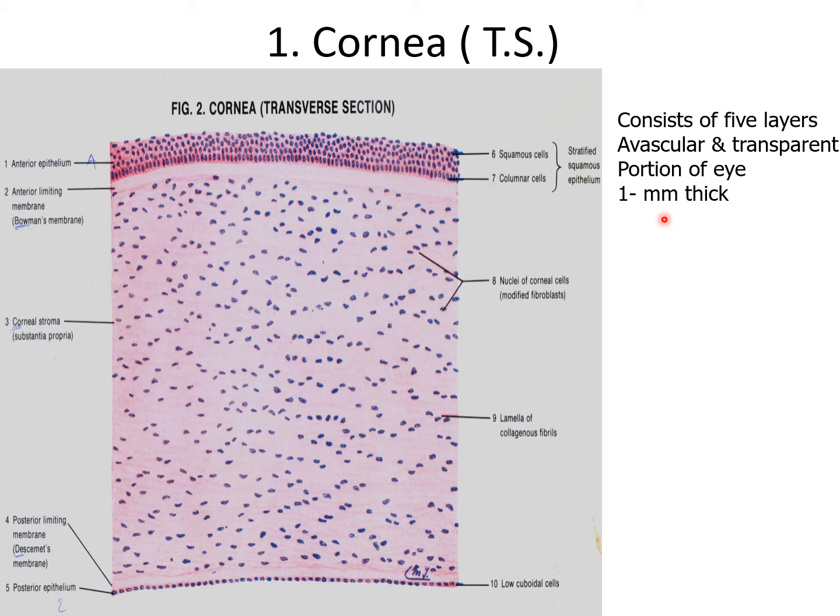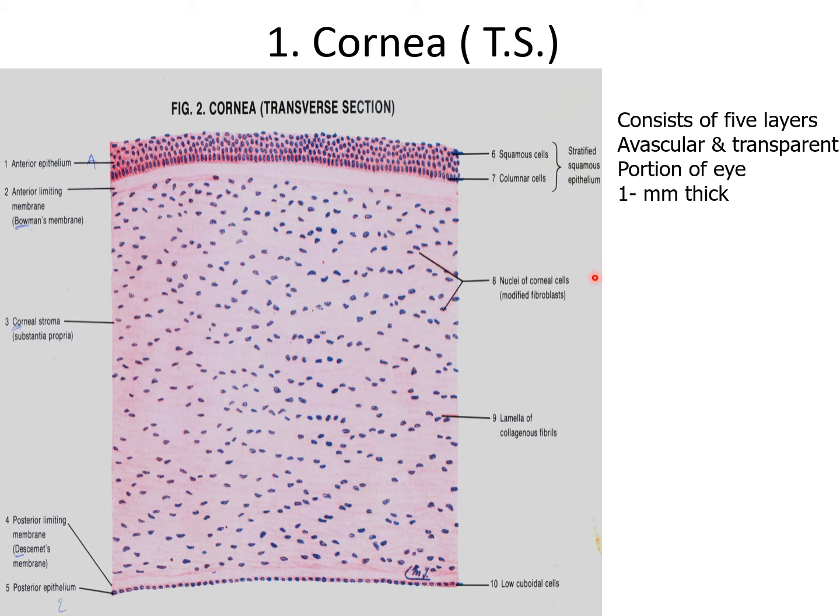With the electron microscope, the cells of the superficial surface of the epithelium show projections, either in the form of microvilli or folds of the plasma membrane. Those folds are believed to play an important role in retaining a film of fluid over the surface of the cornea. The corneal epithelium regenerates rapidly after damage.